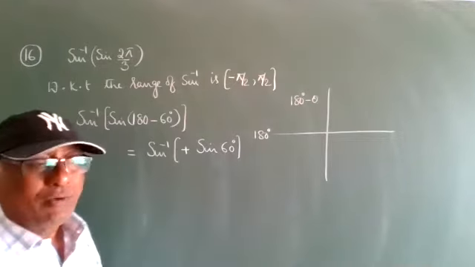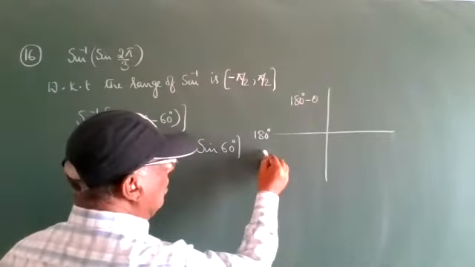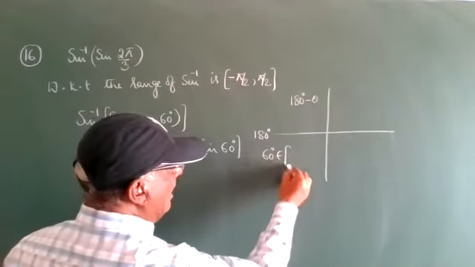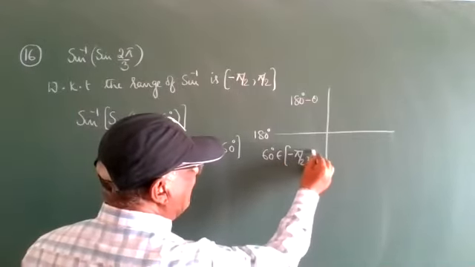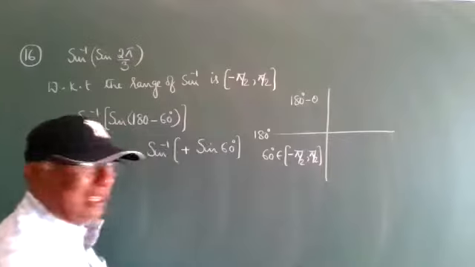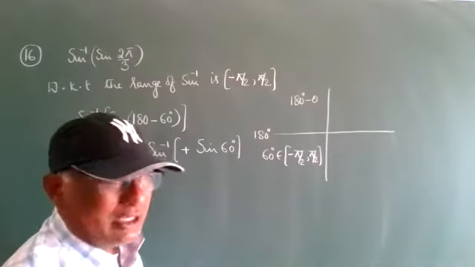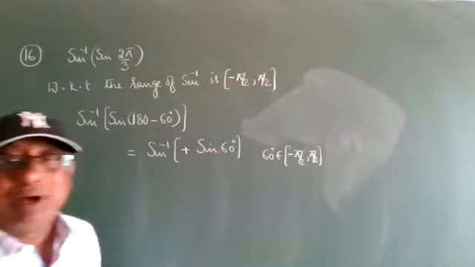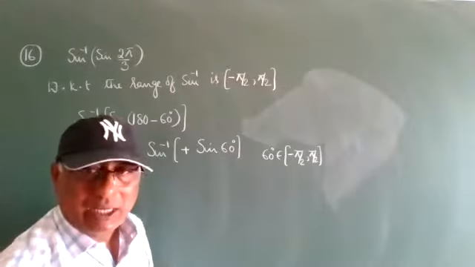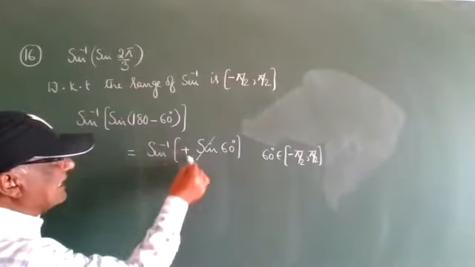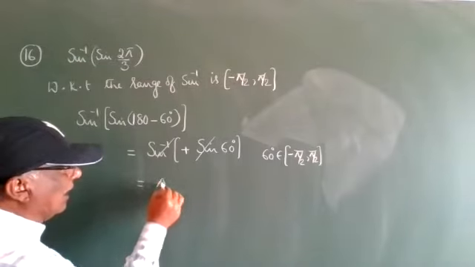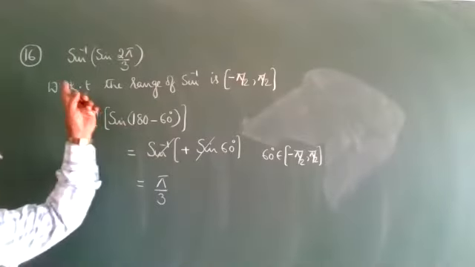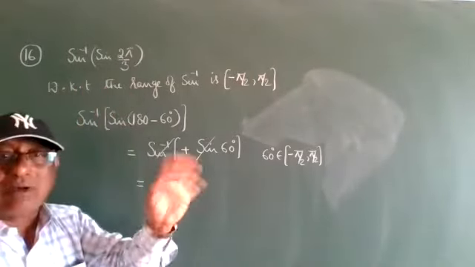Point is understood? Therefore, 60 degrees belongs to the range of minus 90 to plus 90. In this range, it is a bijective function. Every bijective function is an inverse function. Now inverse is defined. Therefore, sine and sine inverse both are cancelled. Now the answer is pi by 3. For this pi by 3, sine inverse is defined. For 120 degrees, sine inverse is not defined.